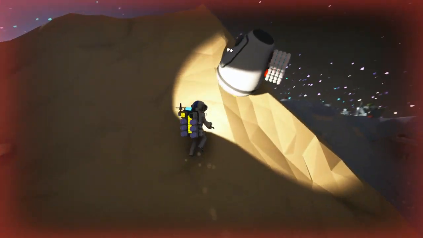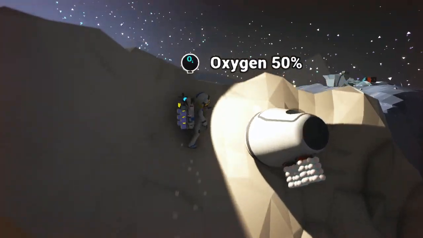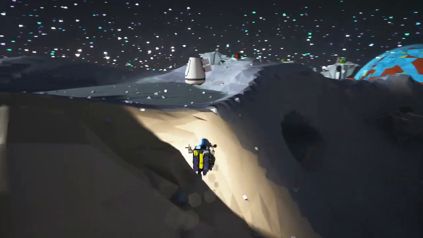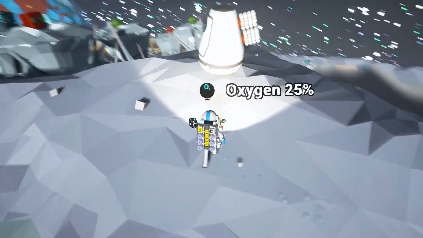Ow. Yeah, so I've noticed something with the fall damage on the moon, in that the gravity's really low, but they don't seem to have done anything about the way fall damage works. I need to get up this. I'm running out of oxygen here. They don't seem to have done anything about fall damage, so you take as much damage as you would...